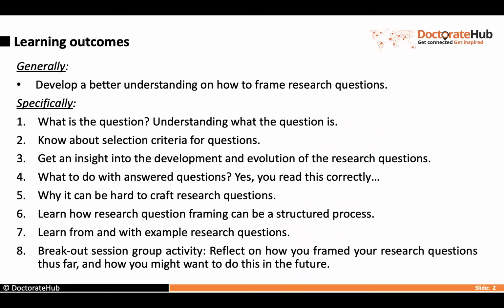The webinar today consists of 8 sections. We will start with what is the question, followed by selection criteria for questions, getting some insights into the development and evolution of research questions, and what do we do with answered questions. Yes, you read this correctly. We will look into this too. Why it can be hard to craft research questions, learn how question framing can be a structured process, and towards the end, we will look into some example research questions, and we will close it with a new